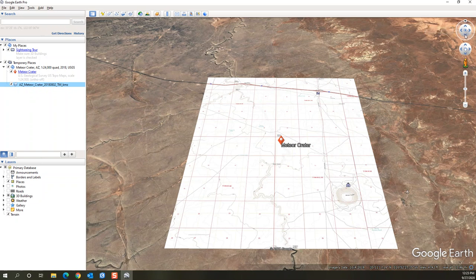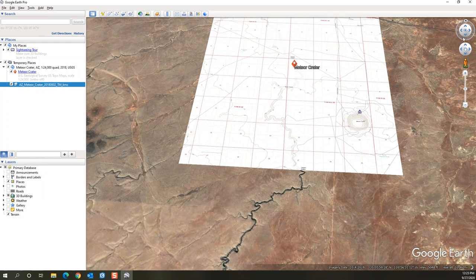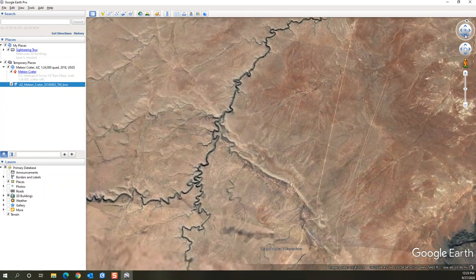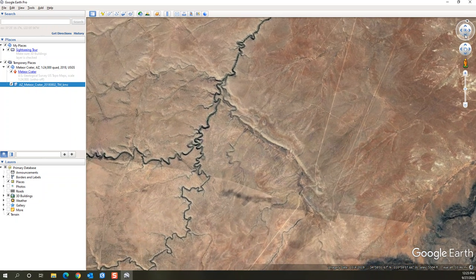So you go down, you click over here on the right hand side on that eyeball thing. There's probably a way to get this to zoom in straight without all this tilting and stuff, but you want to have the ability to do the tilting later. So it has to do with the profile. So I just tilt it until it's looking straight down and then